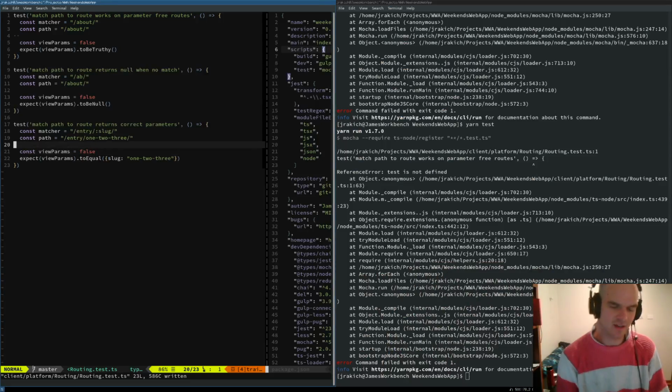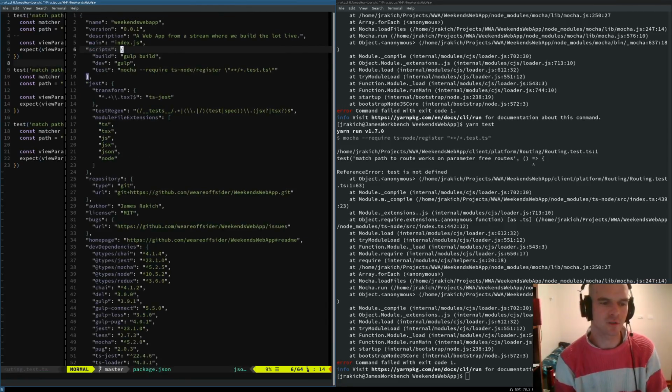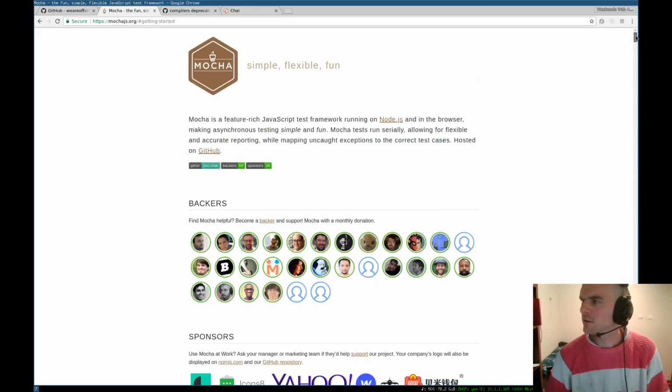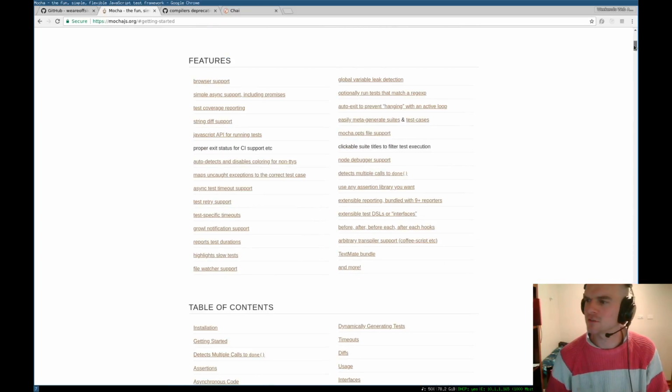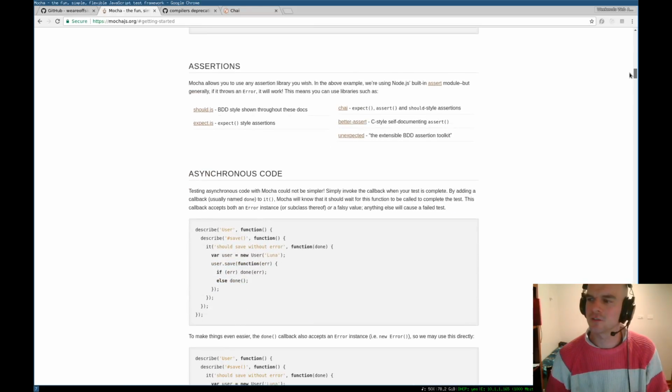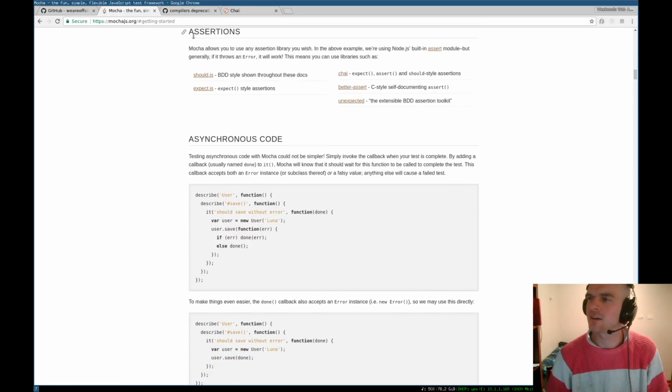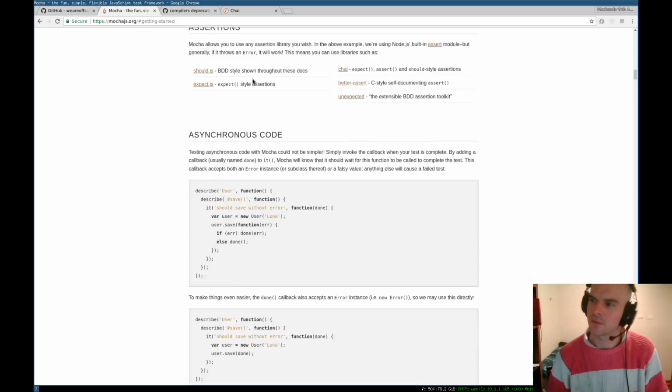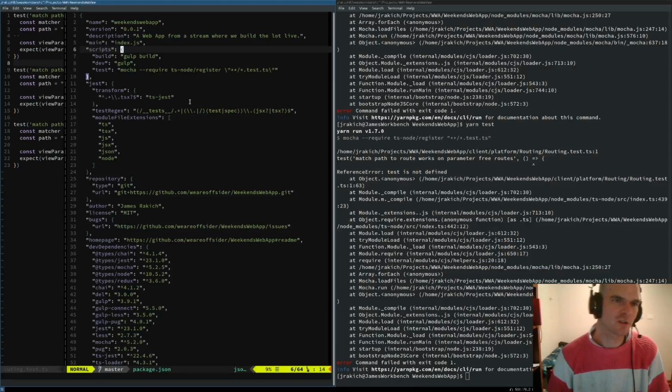They use a particular syntax for the way they do their tests, which sometimes is referred to as behavior-driven development, I believe. There's a bunch of different styles, but anyway, they've chosen to use these particular names. We're just going to follow this syntax and see if we can match it and make it work, right?